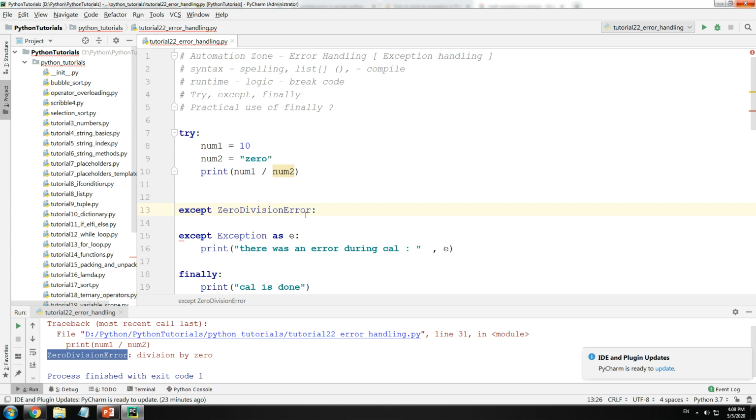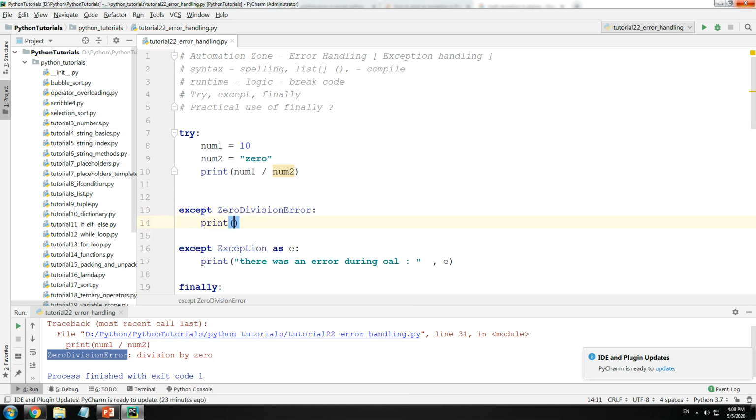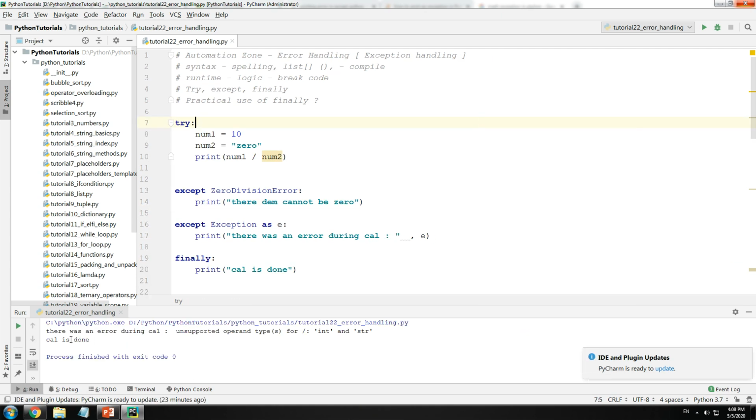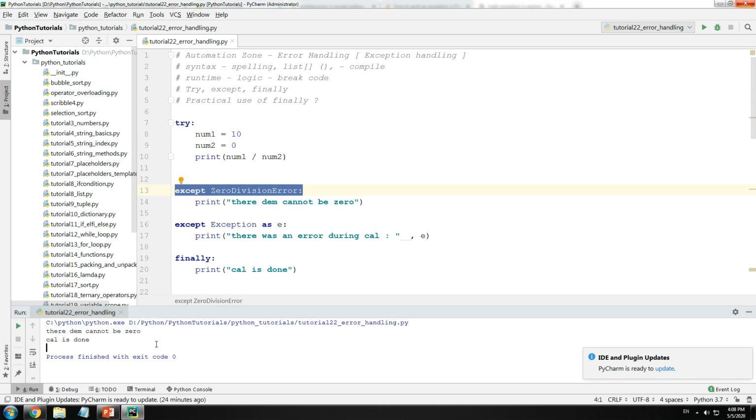The moment you do this, if it is this specific error, it is going to enter this particular except block. If it is a different error, which is not specified, it is going to go in your general except block. So here I can go ahead and type the denominator cannot be 0. Let me zoom out so it's visible. Now let me run this. There was an error during calculation. It's a general error, but if my denominator was 0, the exception would have been divide by 0 error. It would enter this particular except block and my error would be the denominator cannot be 0.